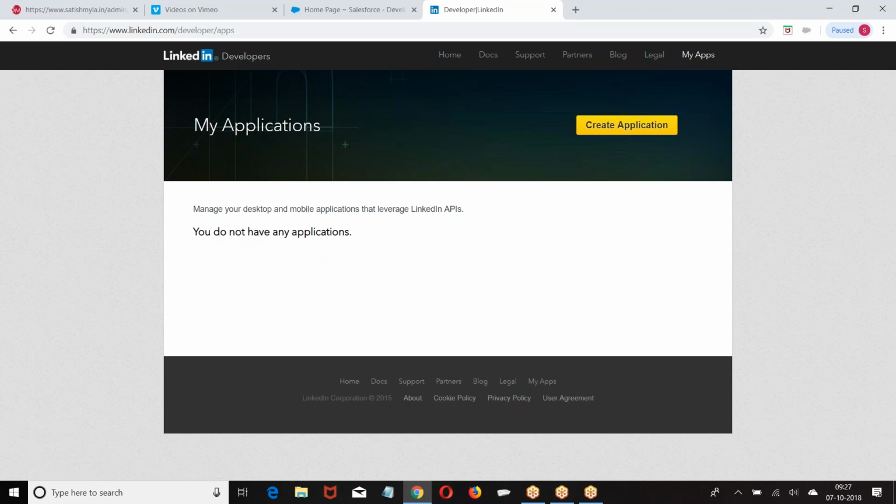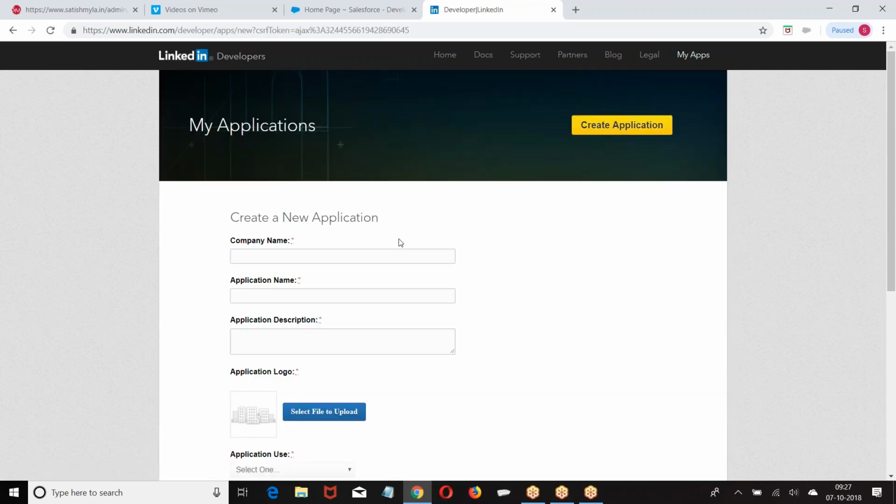Salesforce is the service consumer. So I want to integrate with LinkedIn and get the data which is there in LinkedIn. As I want to take the data from LinkedIn, LinkedIn is the service provider and Salesforce is the service consumer. Then, what we have is Create Application. When I click create application,